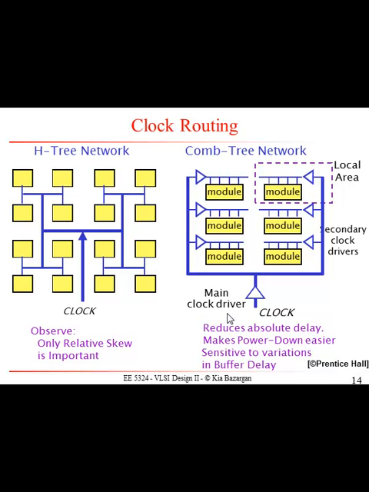Now, in terms of clock routing, people have different topologies, and this begins to get into computer-aided design topics. That is, given a source of the clock, a main clock driver, how would you route the signals to all of these registers to get them at the same time? And there are two major structures for clock design. One is what is called the H-tree network, which is shown on the left. If your main clock driver is here, you would get to this point, and then both of